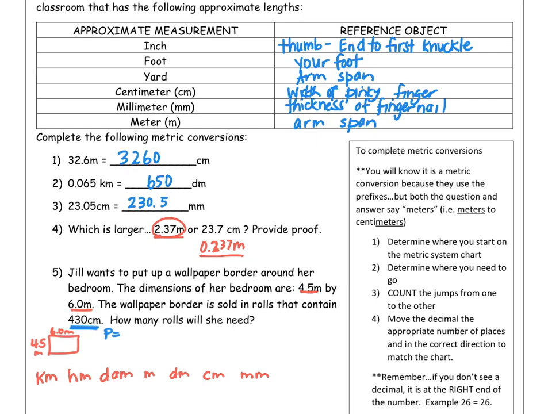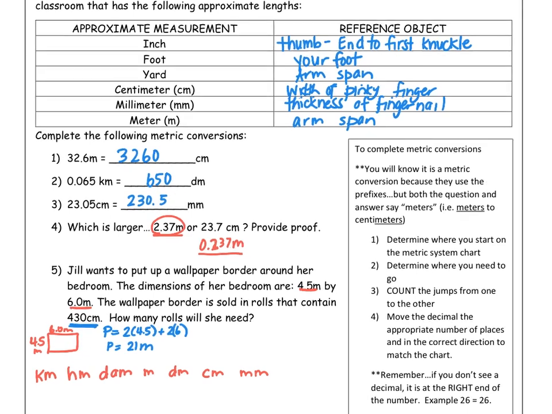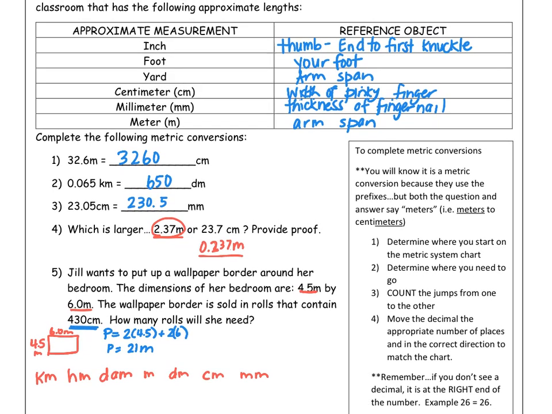So I could say 4.5 plus 6 plus 4.5 plus 6, or I can say that I've got 2 walls that are 4.5 and another 2 walls that are 6. So that's going to give me a total perimeter of 21 meters. Okay, now the problem is that I can't really compare because my units are not the same. So if I convert that 21 meters into centimeters, so I've got the same units, so meters to centimeters, I'm going to go